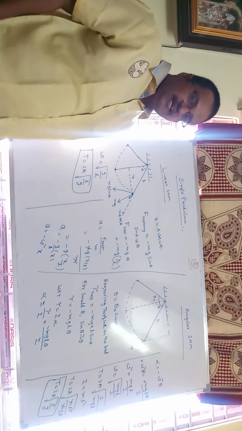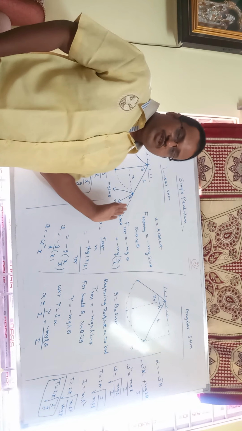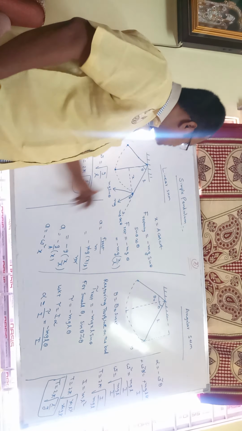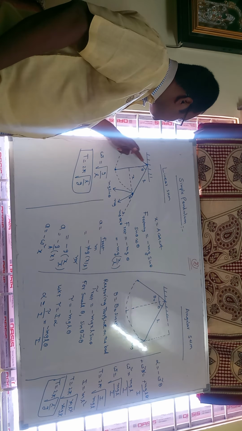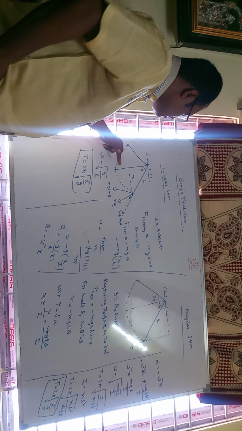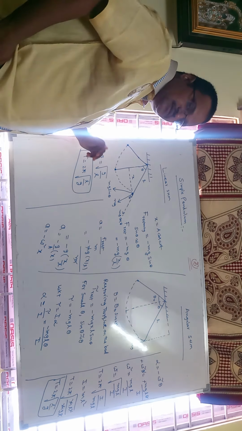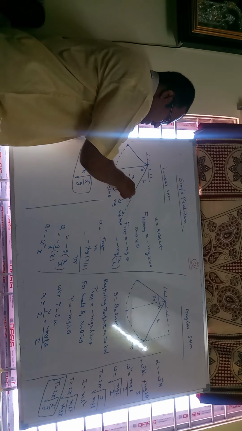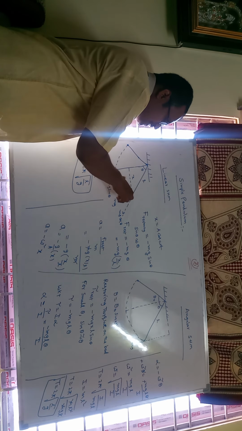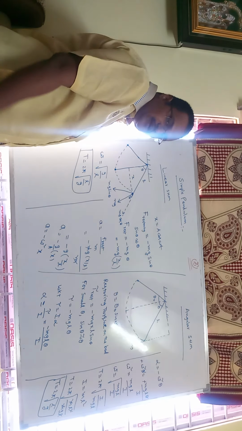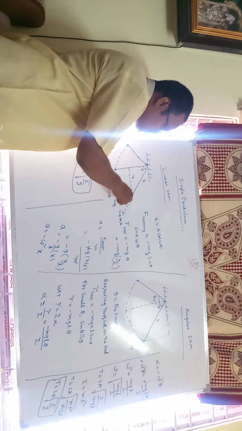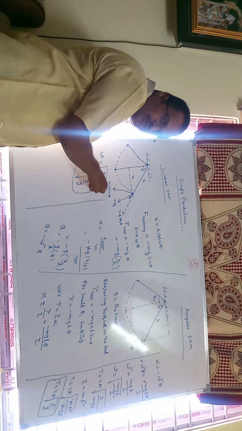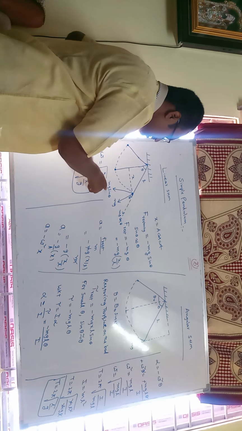Now we will go to linear SHM. We already learned it thoroughly in IPE, but I have to revise once again. See this one, consider the pendulum fixed to a fixed support, and it has a length L. Now it makes an angle theta. Now the pendulum takes an extreme position. The weight of the body can be resolved into two components: one is the mg cos theta component, and another one is mg into sin theta.